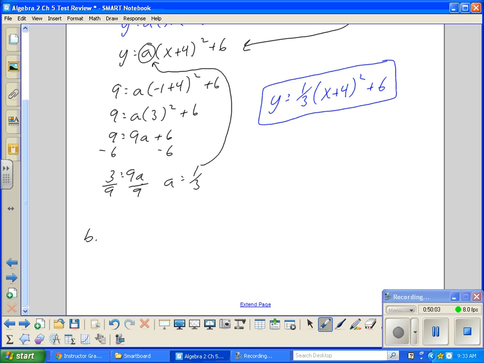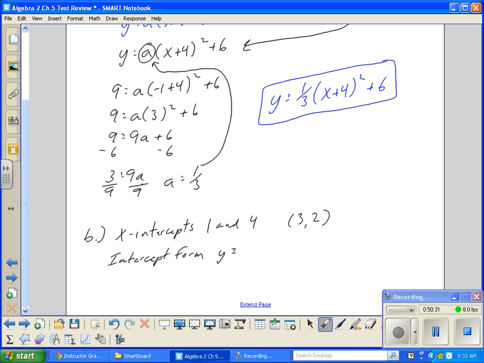And then for b, they give us x-intercepts of 1 and 4, and it goes through the point 3, 2. So since they're giving us x-intercepts, we should think of intercept form,